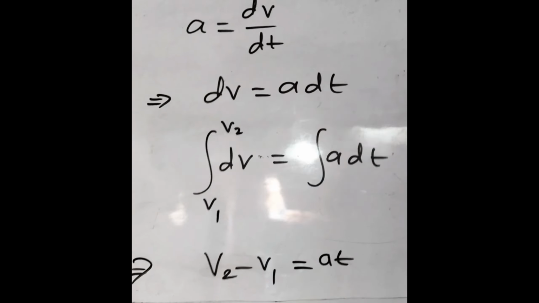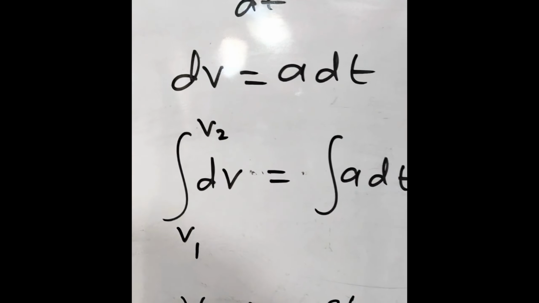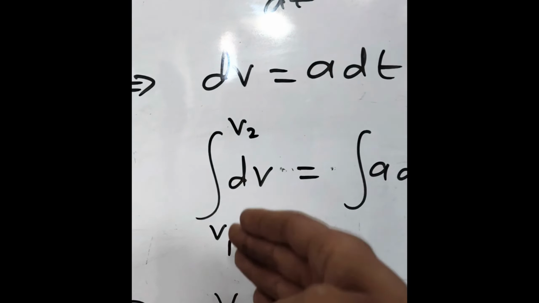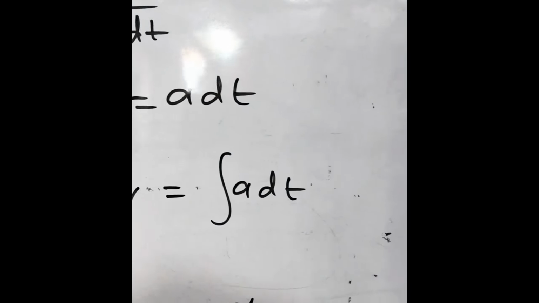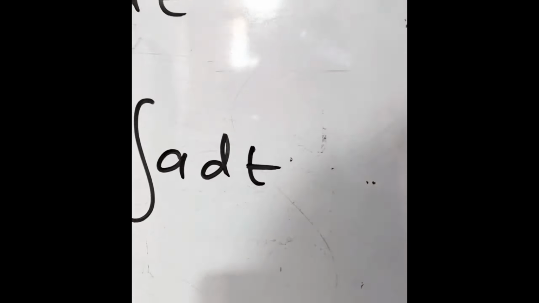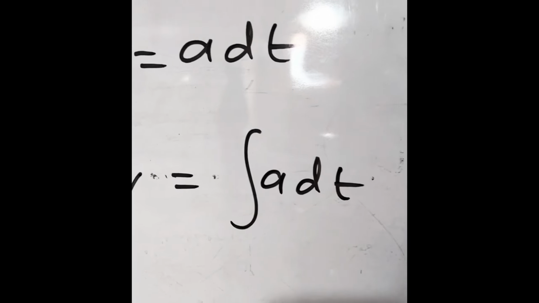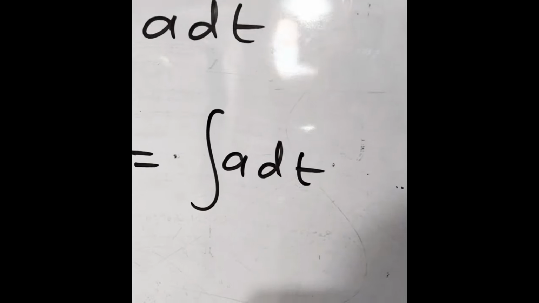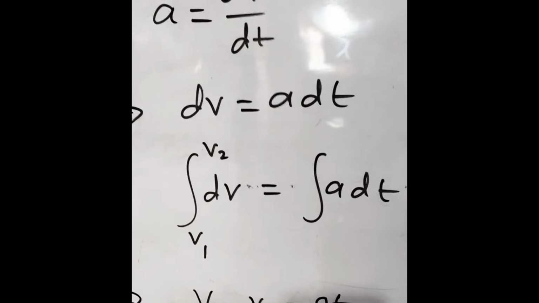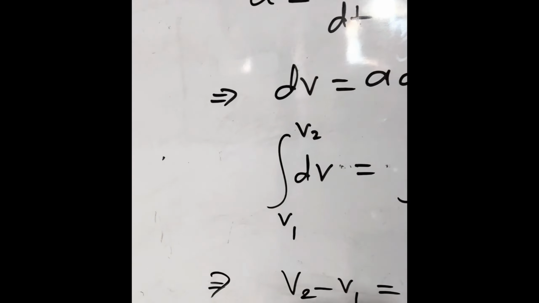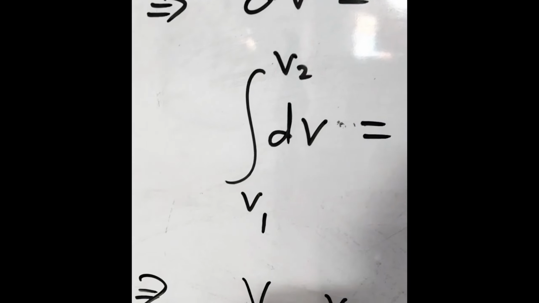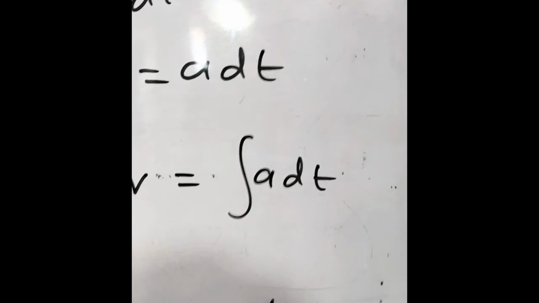And then we take integration. The integration on the dv side is from limit v1 to v2, and on the other side I didn't take any limits because ultimately we need to convert the t1 to t2 interval as t. So this is the limit, and next, the integration of dv,